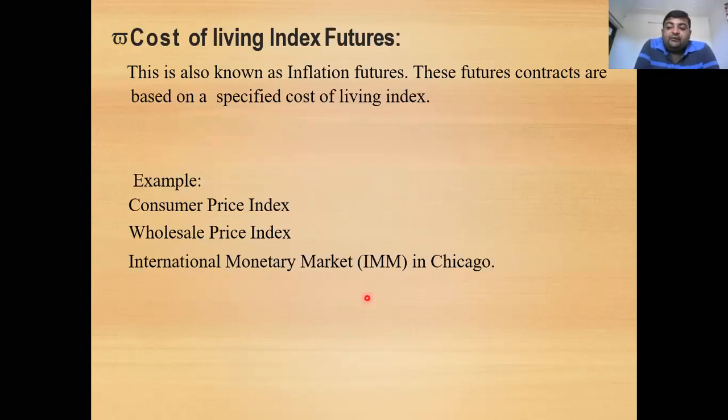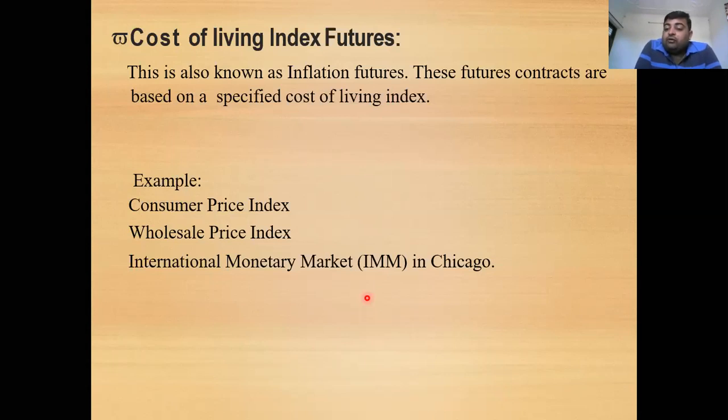Now the cost of living index is another example from economics. Cost of living is generally used to denote the inflation rate in a particular country. So if futures are created, here the index is the cost of living. The cost of living is denoted by the CPI, WPI, and IMM. First is the CPI, the consumer price index, and the wholesale price index. These are the two basic economic parameters which help in the calculation